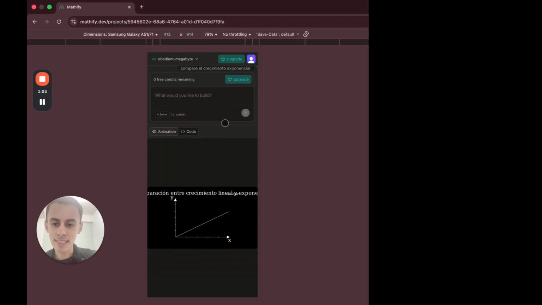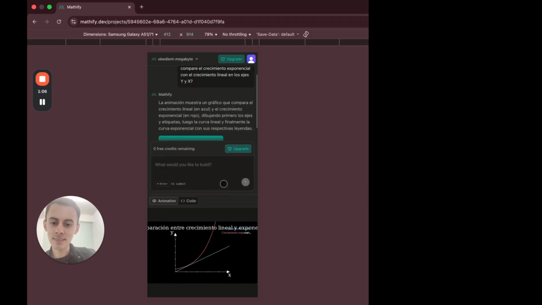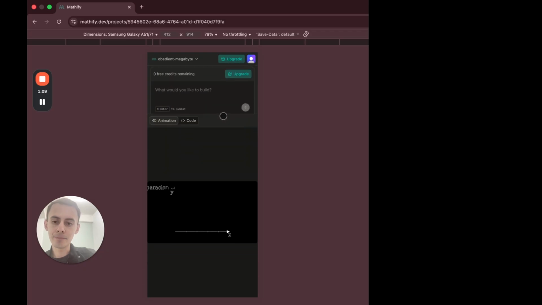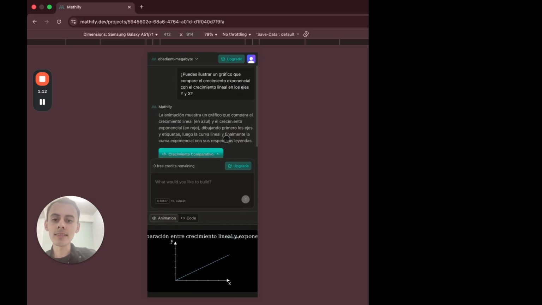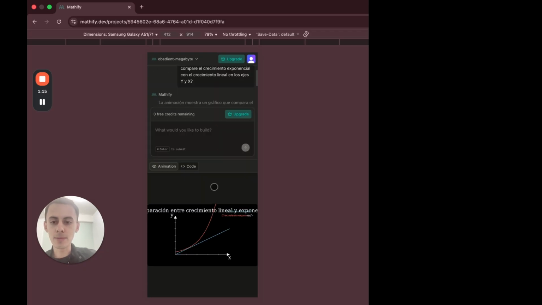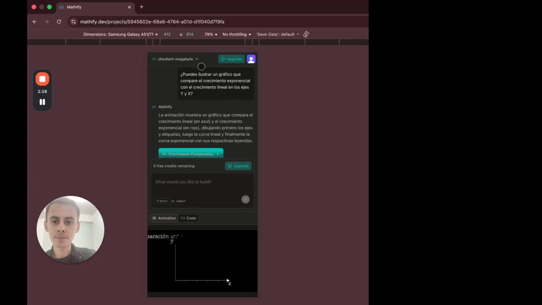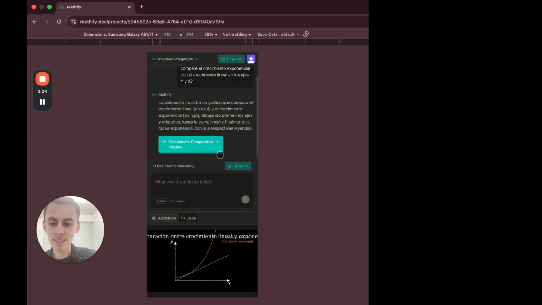It's possible to adjust here the size of the messages interface and of the animation. Let's try an easy one. Let's try again. Like for example, here it made a mistake. I was trying to illustrate the difference, comparing linear growth with exponential growth, but I want to